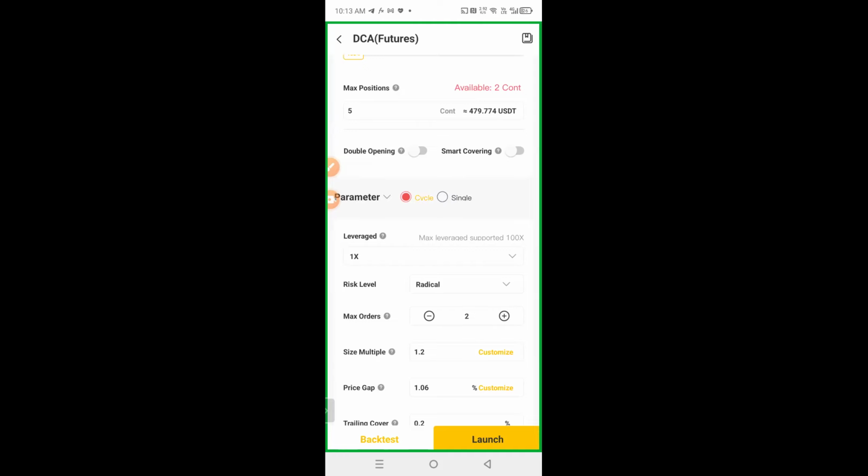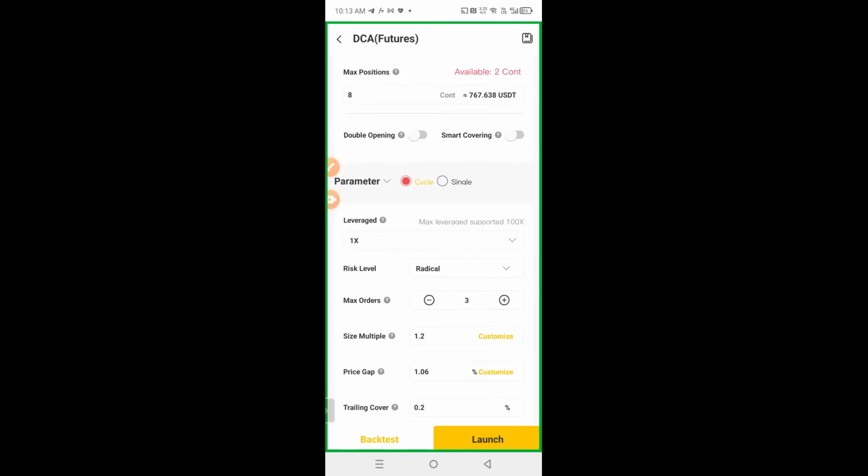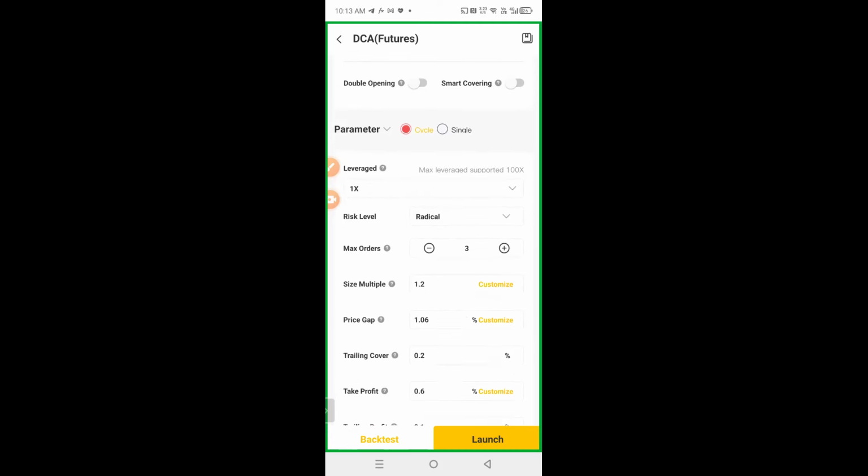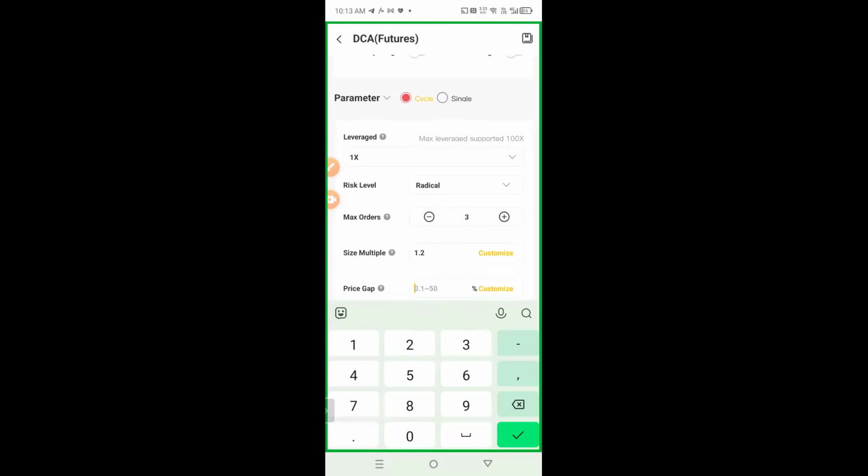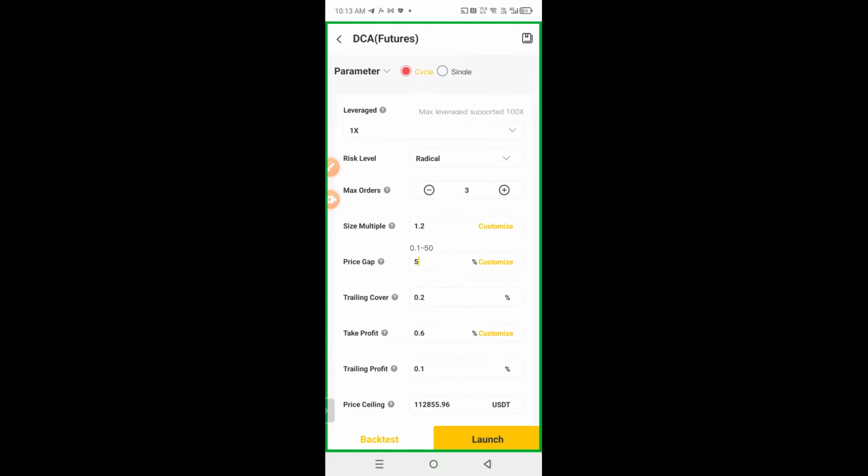Now, the additional layer you set, where we use this maximum order. Let's say I set additional 3-layer orders, and I set the price gap. What does price gap mean? I'm telling the market that, okay, now that I've launched, if the market crashes by 5%, buy another portion for me. So if I set the maximum order to 3, the first one,